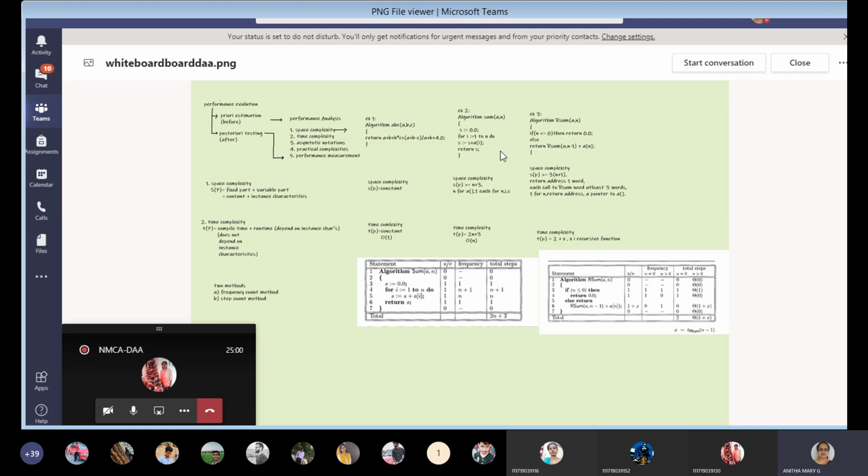Okay. And then this return statement is 1. So total how much you'll get? Here 1 and here n plus 1. So n plus 2 and here n. So 2n plus 1 and this is n. So 2n plus 3 total. Okay. So that's how we are getting time complexity as 2n plus 3.